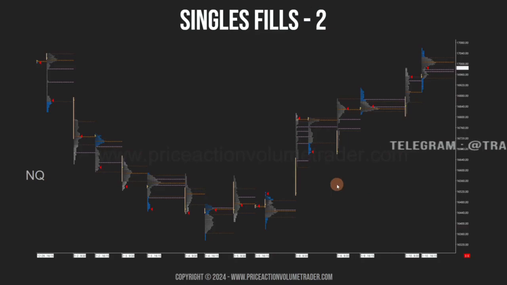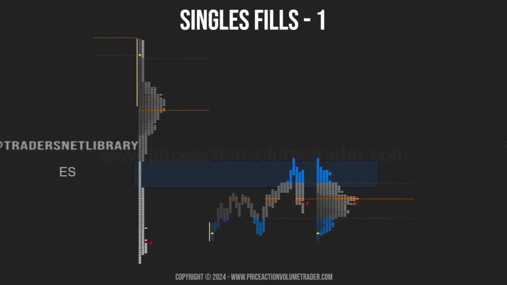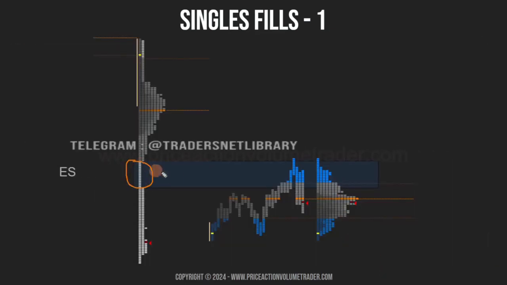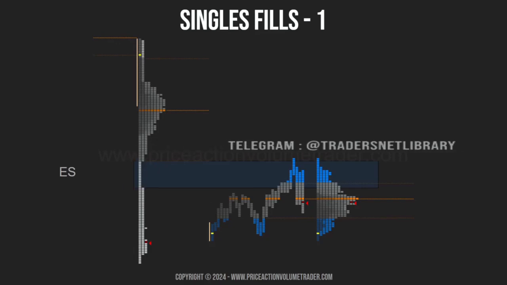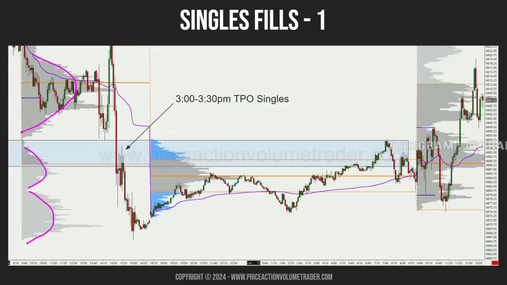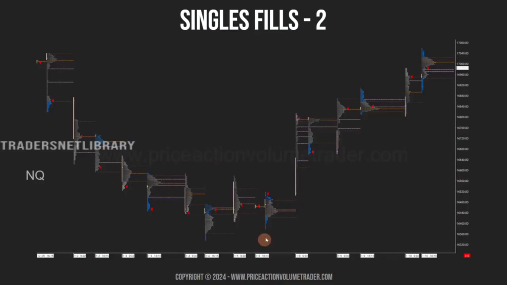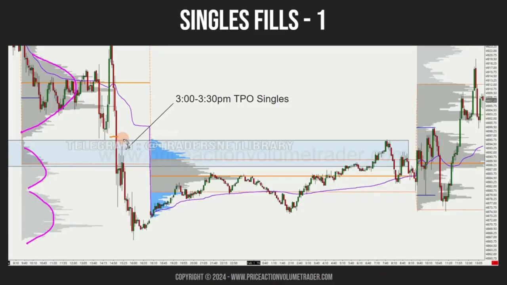sorry, let me go back here. Okay, this whole large area happened because this whole down move, all this happened within the same TPO. So that's why this whole period right over here is one single TPO on the market profile chart. As all these candlesticks, this is a 5-minute chart, this all happened within one period on this straight move down